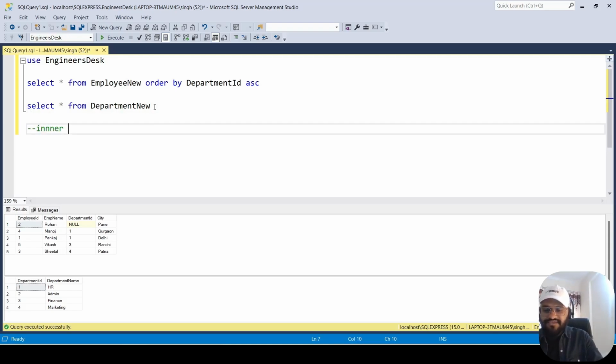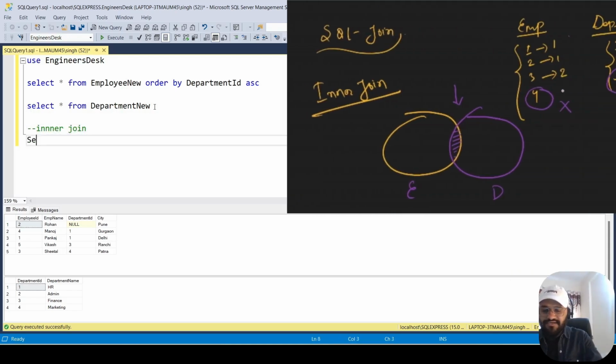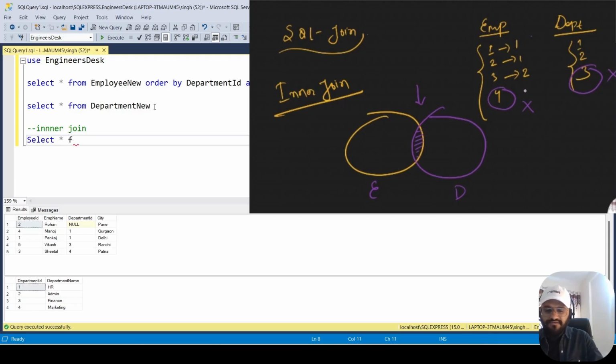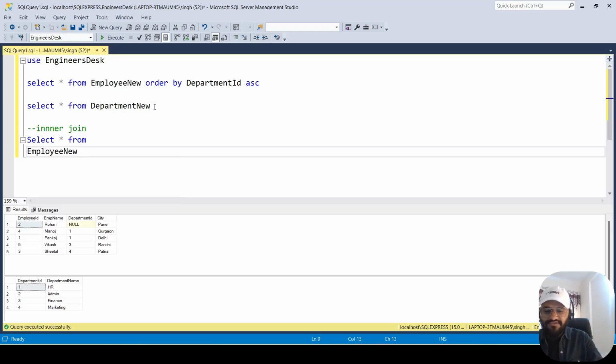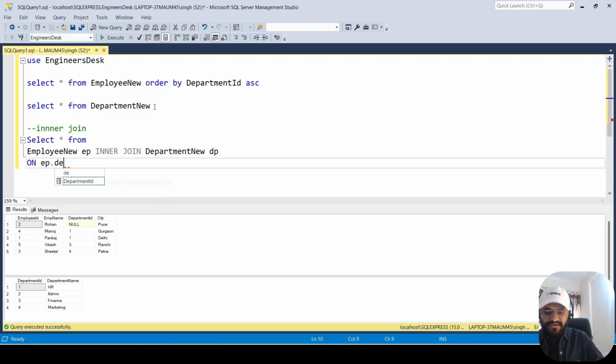So let's try to write our inner join query here. I'm just going to write select star from, and I'll change the star later. We are going to take two tables. The left table is going to be your employee new, with the shorthand name EP, and then we are going to write inner join. The right-hand side table is department new, with the shorthand DP, on EP dot department ID, because this is common in both the tables, is equal to